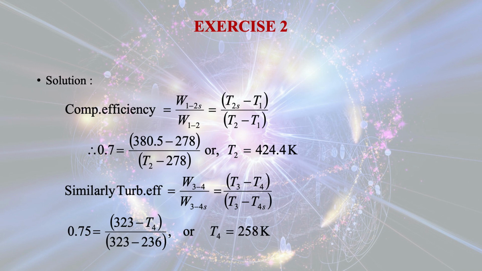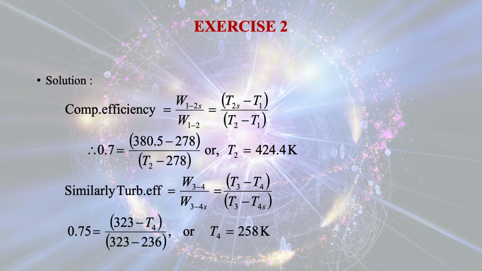So, T2S is equal to T1 multiplied by P2 by P1 whole to the power gamma minus 1 by gamma. Gamma is known, 1.4, and the ratio P2 by P1, the final pressure by initial pressure, is also known. So, you can get the value of T2S. If you do the calculation, you will get T2S equal to 380.5. The compression efficiency is given as 0.7, which is equal to T2S minus T1 divided by T2 minus T1. So, T2 you can calculate from this expression, and it comes out to be